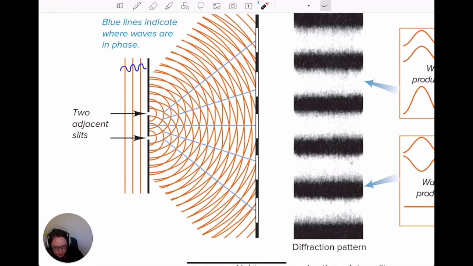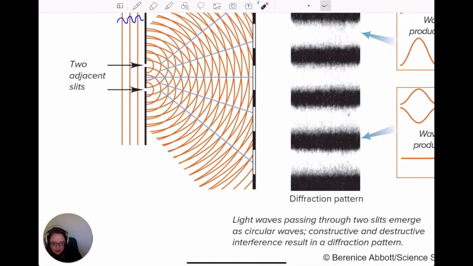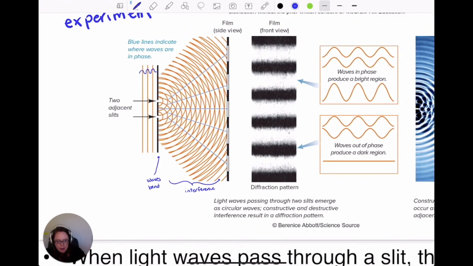And so we have multiple regions where the waves are overlapping. And so what we're going to end up with is alternating in phase and out of phase interference. So the waves bend. Okay. And then we get interference. And then if we hold up another piece of paper, another wall, we can look at the patterns that are formed. And we'll see that there are regions of light and dark. So we'll have bright regions